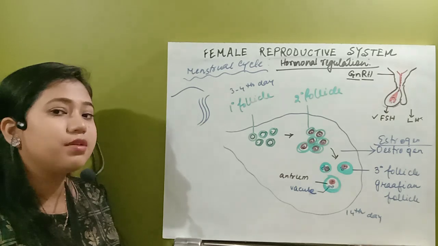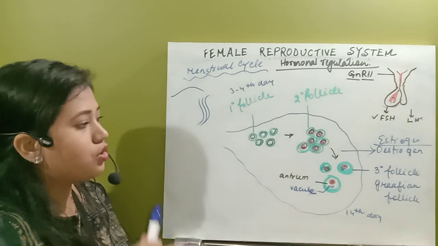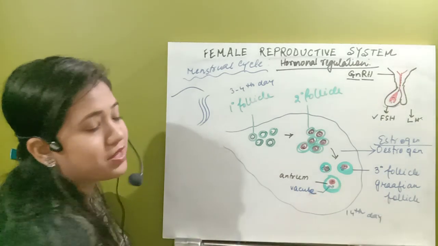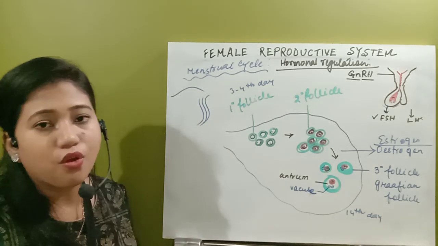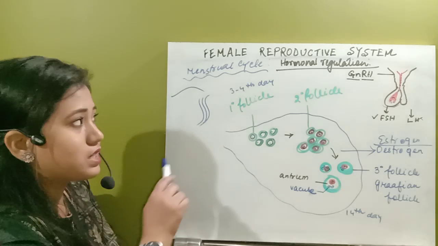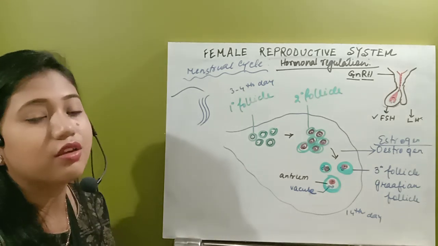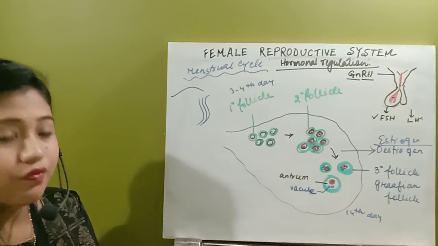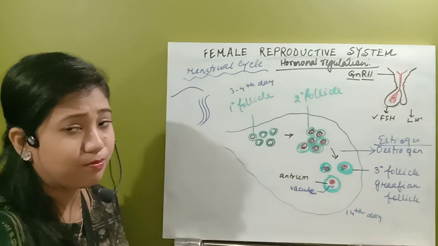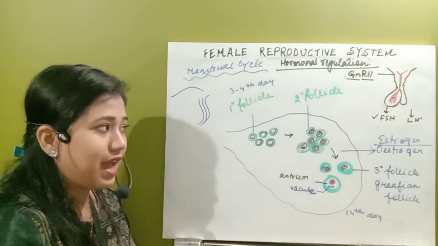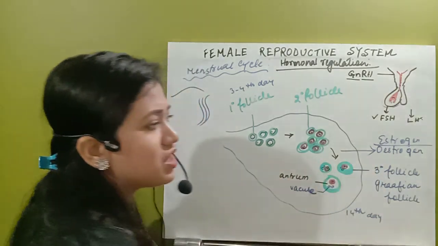So this endometrium lining was not present. So in the influence of estrogen, what happens? This endometrium lining will start to form. Now this whole process, that means the follicular phase, is completed. So whenever the follicular phase is completed, we will see one very important thing happening: whenever estrogen is released,